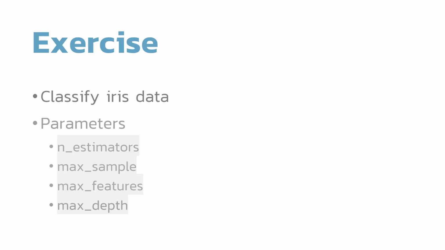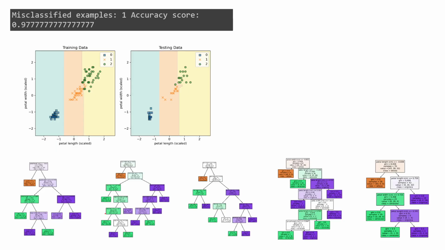Okay. All right, so we're going to use them to classify the iris data again, and maybe you can play around with the number of trees, right? You can play around with the number of samples that each tree sees for each tree building, the number of features, max feature, and also the max depth of the tree itself. Okay. All right. So